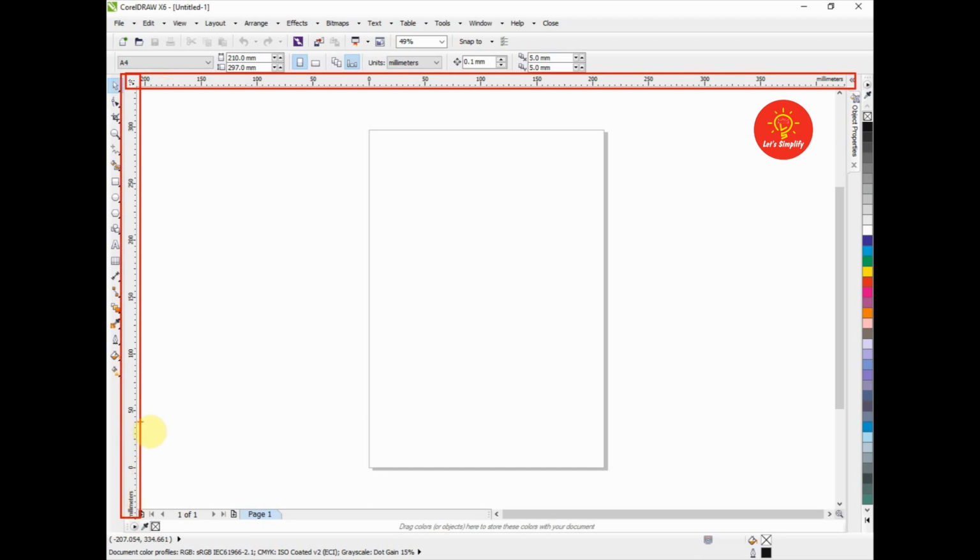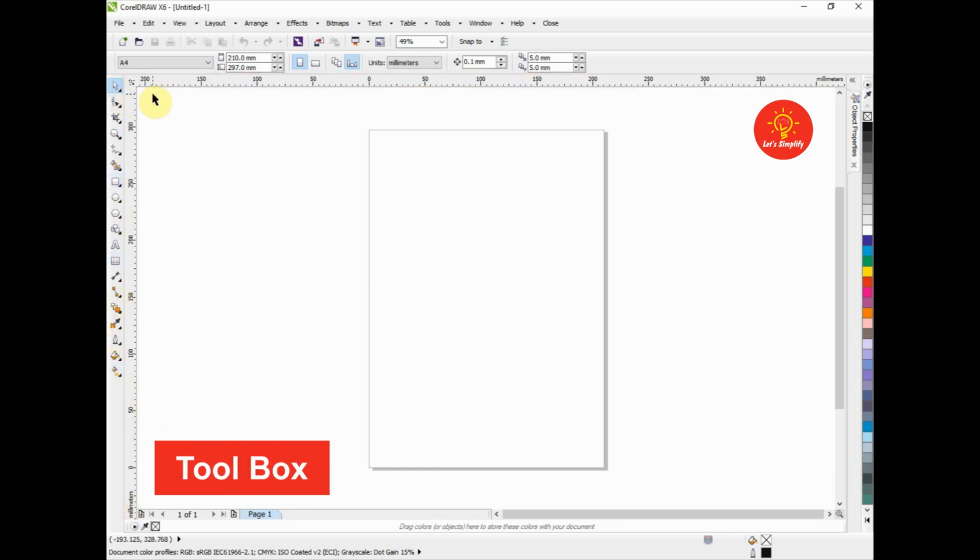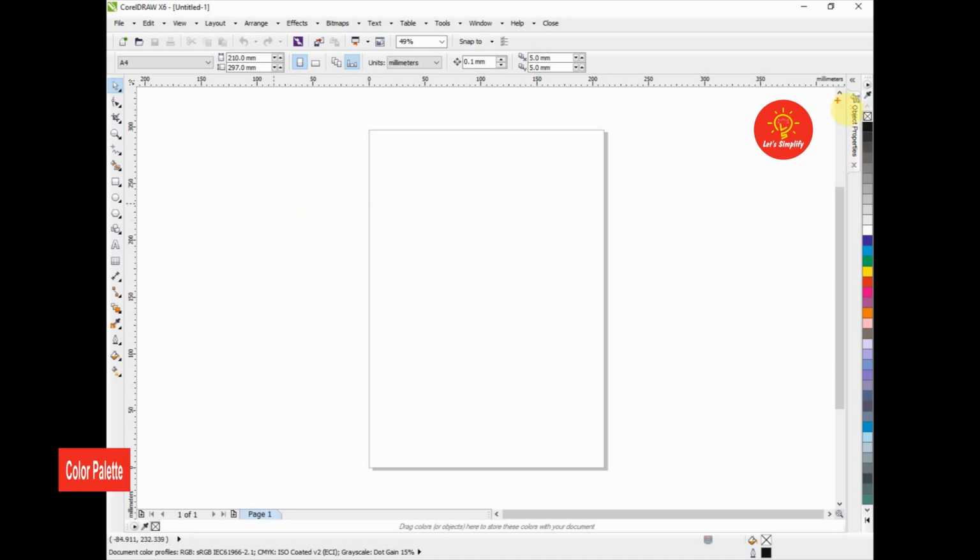On the left side of our interface we can see the toolbox over here. We are going to use these tools to create our designs in the CorelDRAW software. Moving towards the right, we can see that this is our color palette.